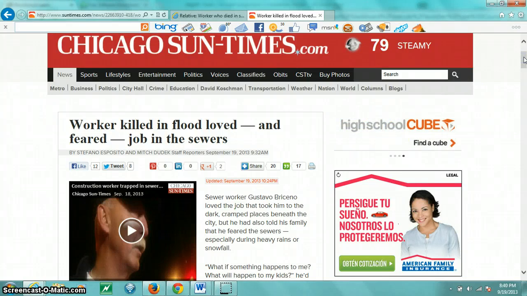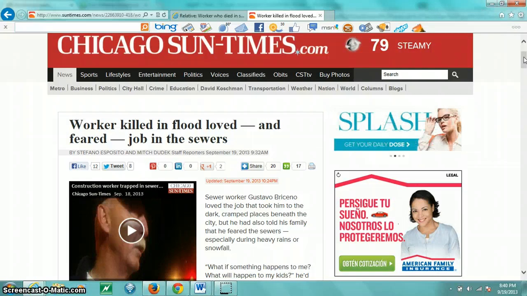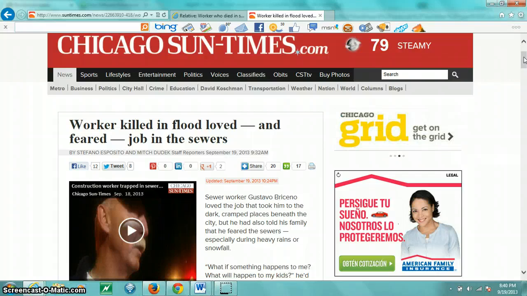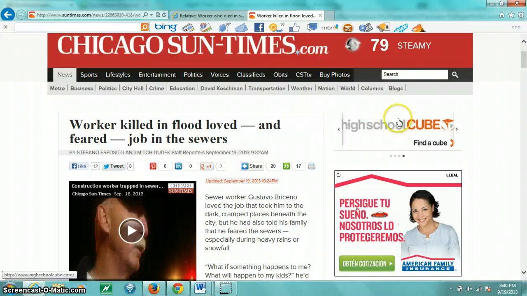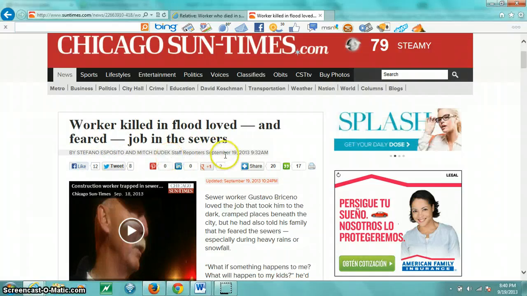Not that I like it, but I found one topic presented in both papers. I picked the Chicago Sun-Times and the Chicago Tribune, so this is going to be a local topic. Recently we've had some floods, and a worker was killed in the sewers. So this is a business ethical dilemma. Here in the Chicago Sun-Times, the title of the article is Worker Killed in Flood, Loved and Feared Job in the Sewers. Here it has our authors and the date of publication, September 19th,